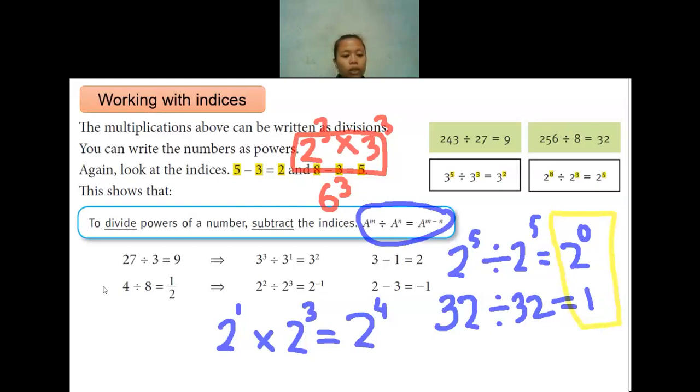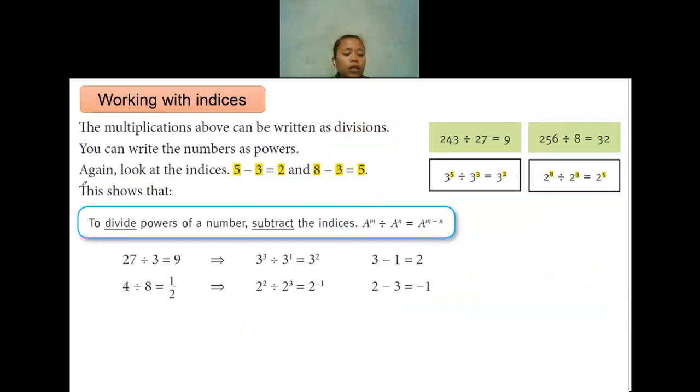Okay, someone asked me about the negative number. Wait, let me clear all of my annotation first. Is there anyone having any question regarding my annotation here before I answer Daryl's question? No? Okay. The negative number, how come it becomes a fraction? Okay, 2 to the power of 2. Can I write it like this, 2 times 2, for 2 to the power of 2, right? Divided by 2 to the power of 3, I can write it as a fraction.